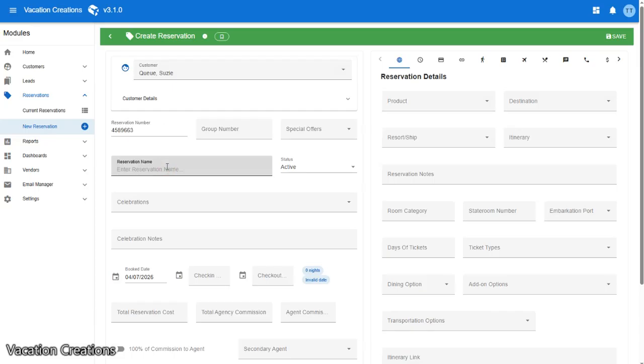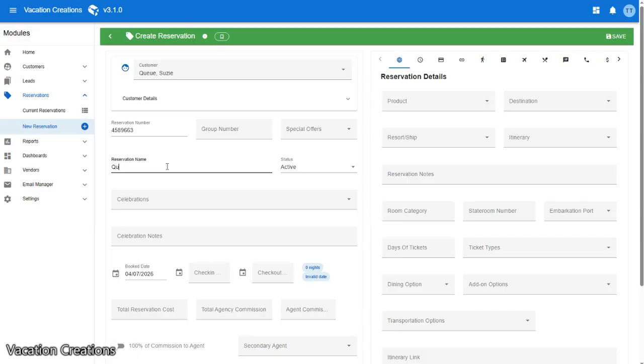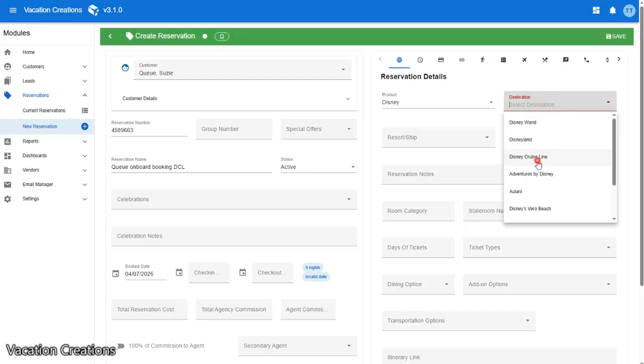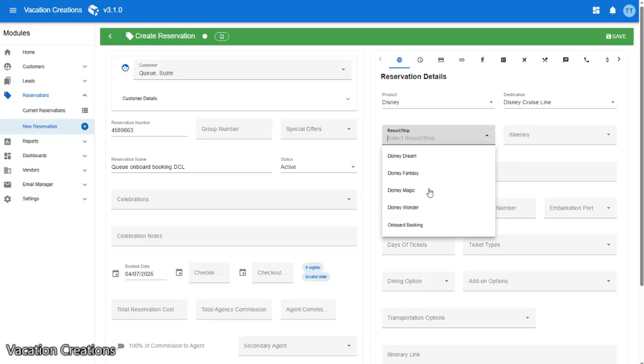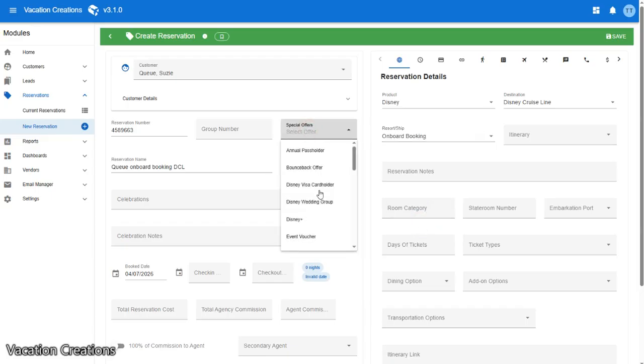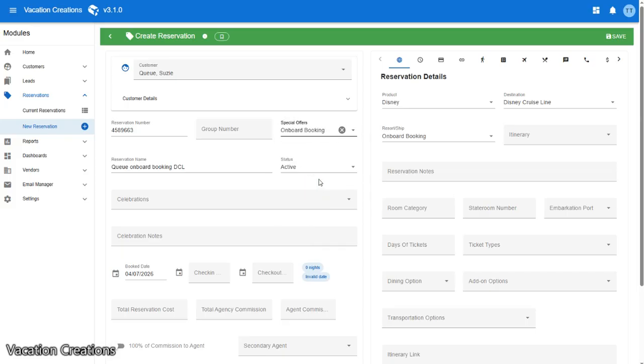and then typically I just put their last name, put that it's an onboard booking, maybe it's say Disney Cruise Line, and then over here you want to make sure you get that product in there. Now when it comes to the resort or the ship, you don't know what it is yet, so choose the onboard booking. You'll also want to mark the special offer as an onboard booking to remember, because once you actually do change this into an actual sailing, it will stay on there and you'll know that that special offer was